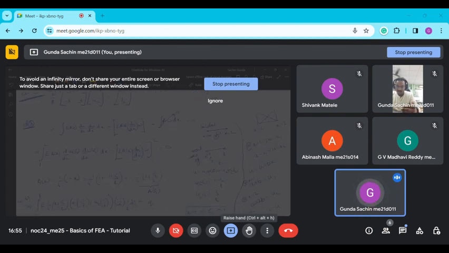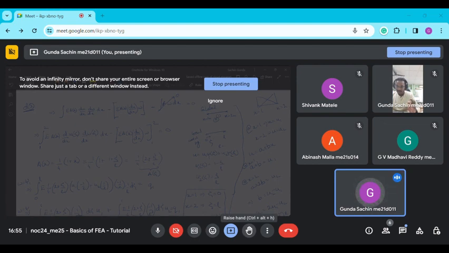From these two equations, if you simplify and modify, you can write them in terms of the matrix form Ku equal to F. This will be for the first element. Similarly, for the second element, you need to repeat the whole procedure, just keeping in mind the coordinate system which we are using, like if you want to use the standard shape